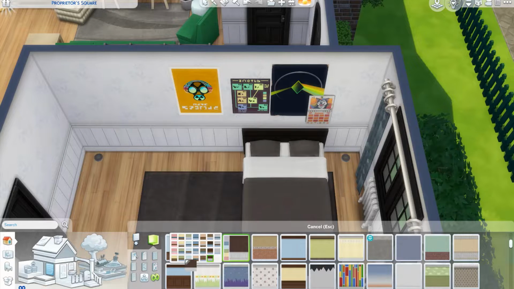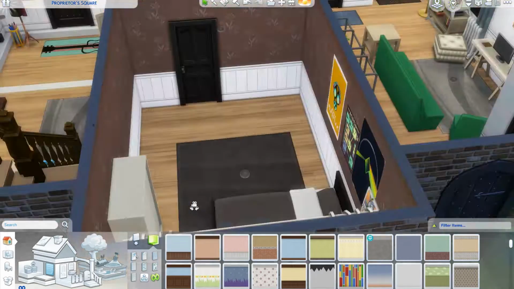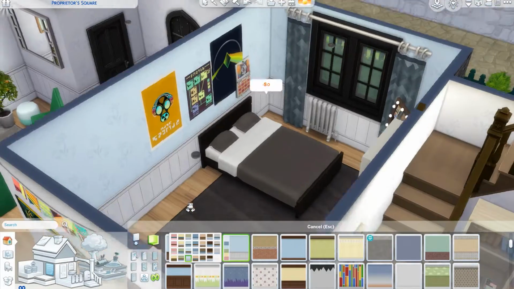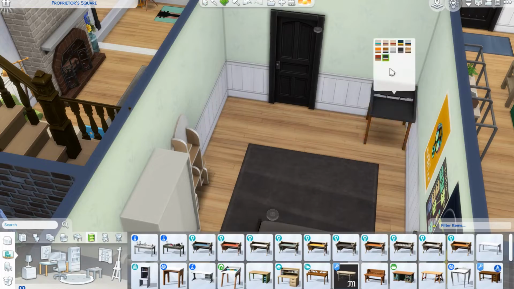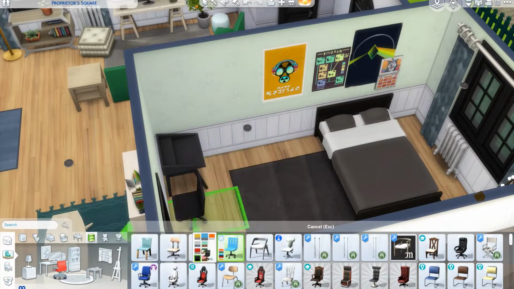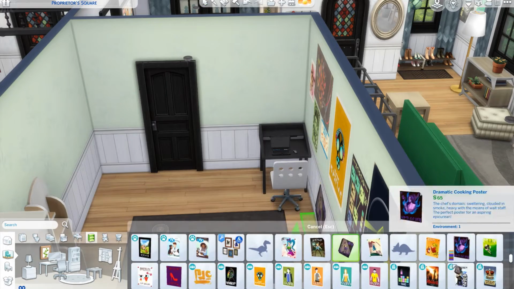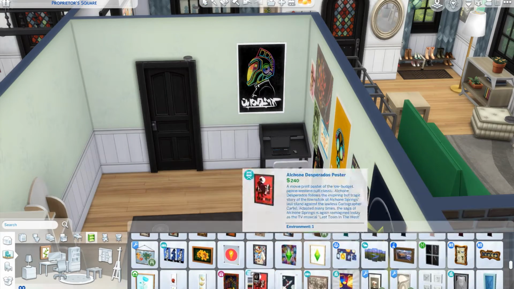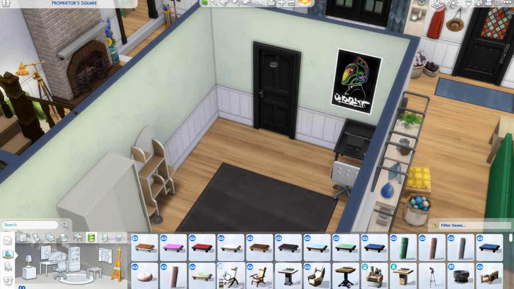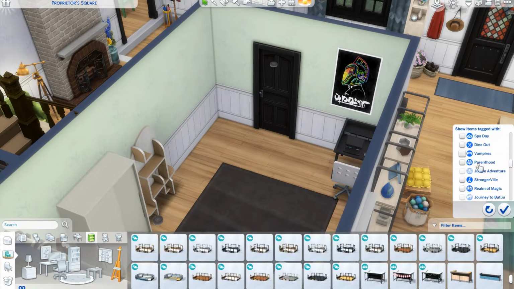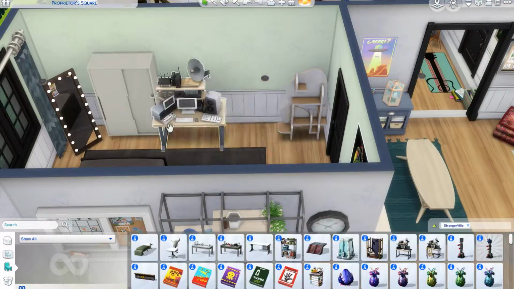So here is the room. I didn't really know what to do for the walls, because I kind of wanted it to be a darker colour, but then I think I changed my mind and I just stuck with this green, because I just didn't want to change it too much from the main house, because like I said before, I thought that the people who lived here didn't choose what the wallpaper and the colours were, they just had to live with it,